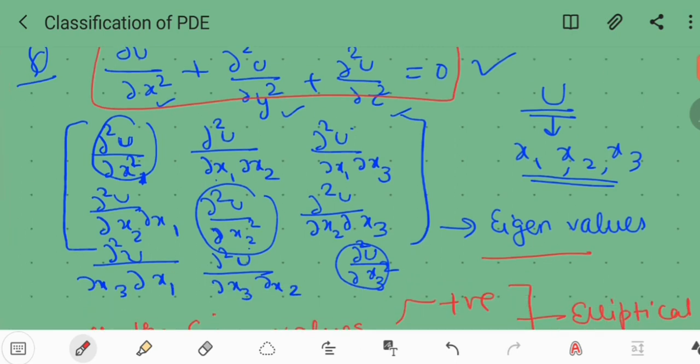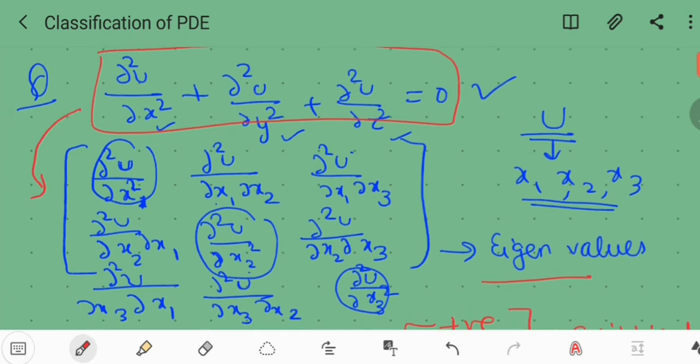So what you are seeing, if you convert it into a matrix, just see it. You need to take the coefficient of all these variables. Assume your x is x1, y is x2, and z is x3. What you have is the double differentiation of u with respect to one variable. That means you have this one, and then this one, right? Rest all are not given to you. So the coefficient is what? 1. That means these values in the matrix are 1 and the rest are all 0.